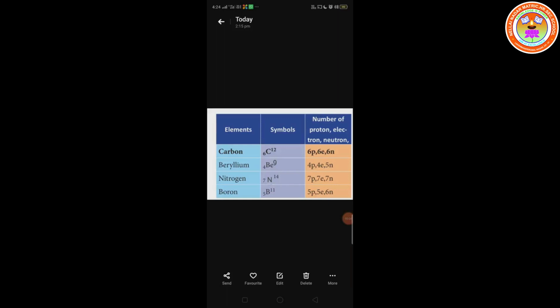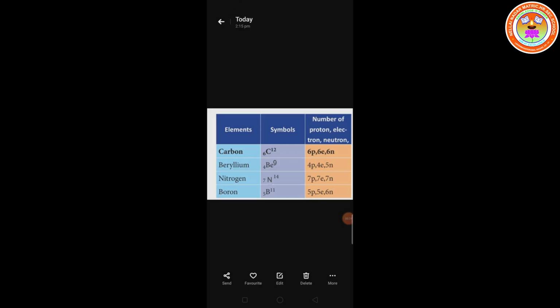Good morning students. In this video we are going to learn about some tabular columns and the concept of valency. First tabular column. This tabular column contains elements, symbol, number of proton, electron, neutron for few elements: carbon, beryllium, nitrogen